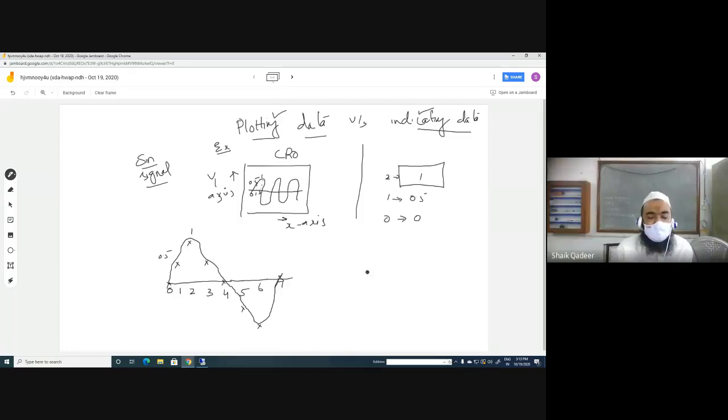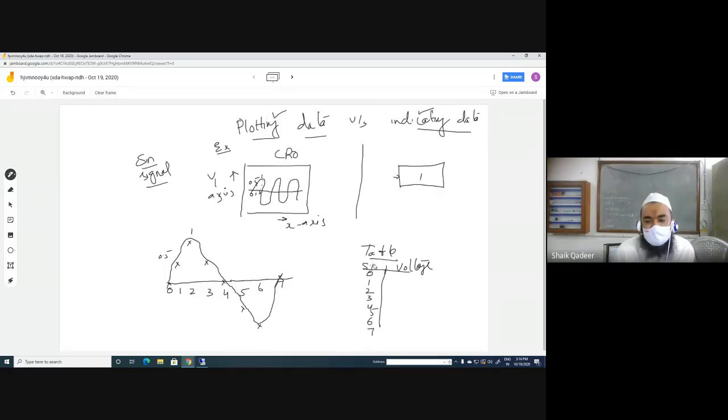I am writing the instants here, leave all this. First, let us make a table of sinusoidal signal. In one column, write instants 0, 1, 2, 3, 4, 5, 6, 7. In the second column, write down voltage.